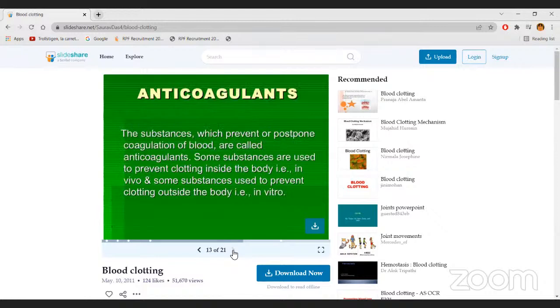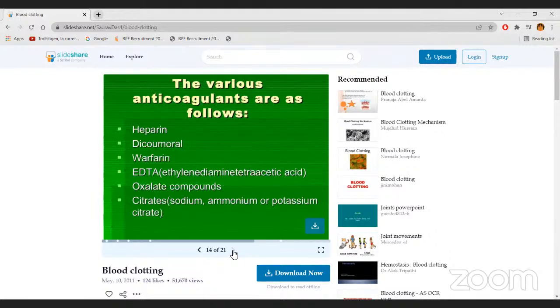Then anticoagulants. The substances which prevent the coagulation of blood are called anticoagulants. Some substances are used to prevent clotting inside the body, in vivo, and some substances are used to prevent clotting outside the body, in vitro. The various anticoagulants are as follows: heparin, dicoumarol, warfarin, EDTA, ethylenediaminetetraacetic acid, oxalate compounds,